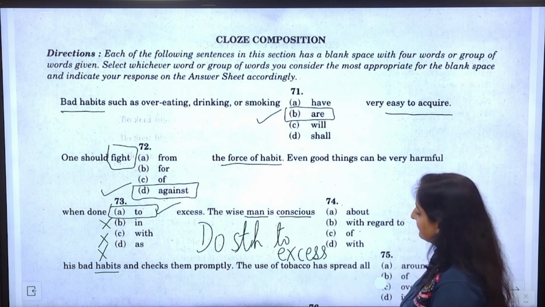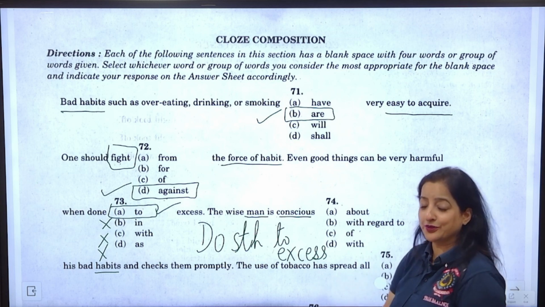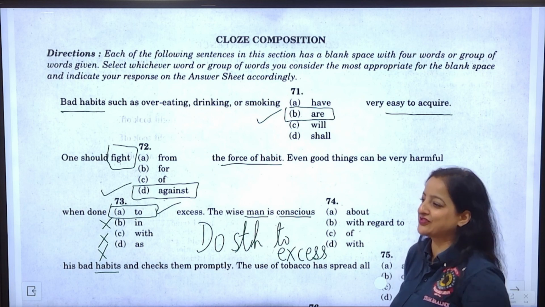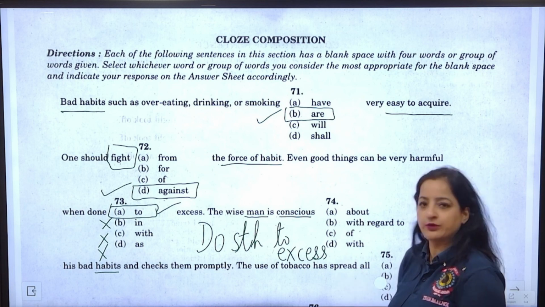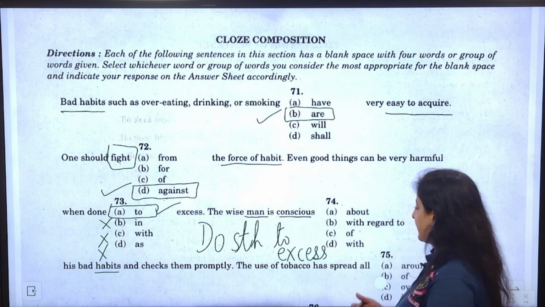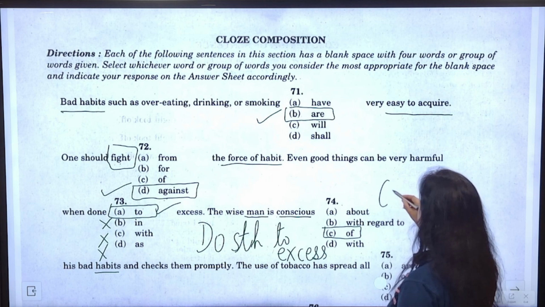What do you think? Hmm? You may think about. Oh, I mean, you can get the correct answer also. I'm just trying to, you know, have a conversation with you here, have some interaction. The answer is this. Why? Fixed preposition.